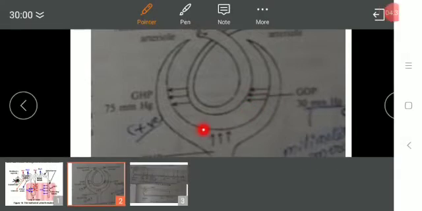The other one is the capsular hydrostatic pressure. It is the pressure exerted by the pre-existing nephric filtrate in the Bowman's capsule itself, which prevents the entry of fresh filtrate. This is about 20 mmHg, hence it is also called a negative pressure, and it resists the filtration of plasma.